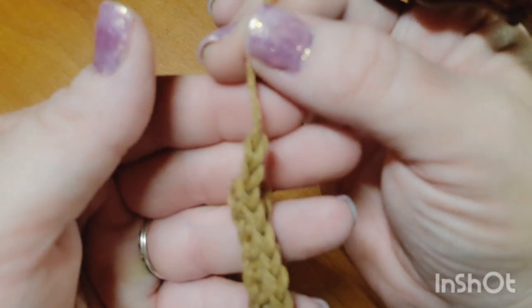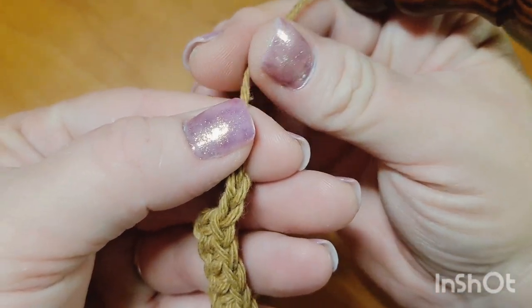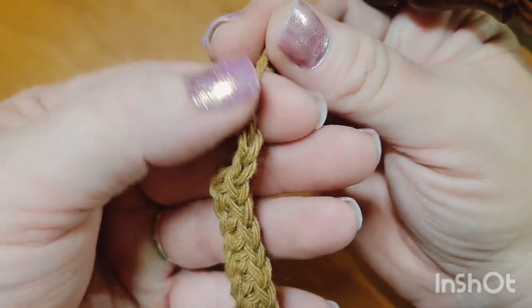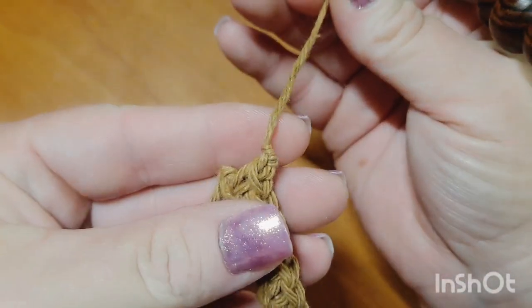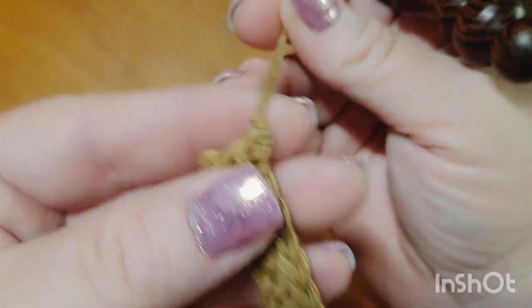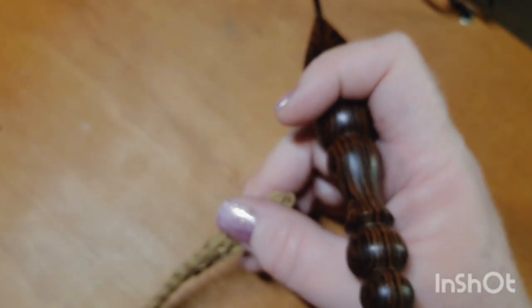We're going to place our thumb and index directly above those 2 chains, and we're going to grab the tail with our other hand, and we are going to push down on these chains as we pull up on our tail. So that is all we have to do to form that little knot here at the end of the row. So now we're going to be working row number 2, and we need to join on this time with